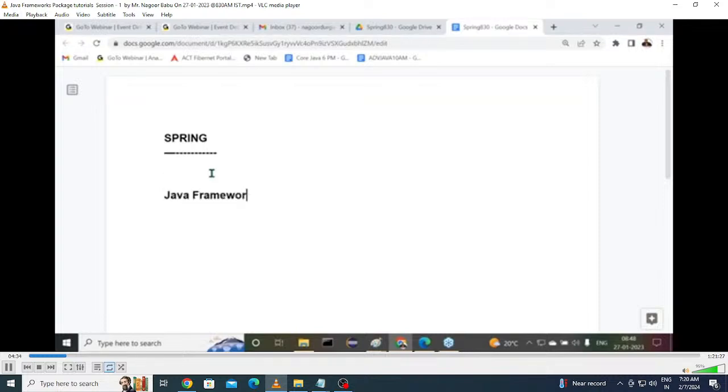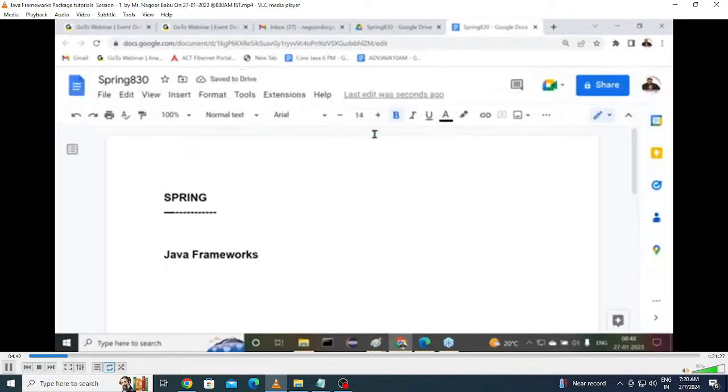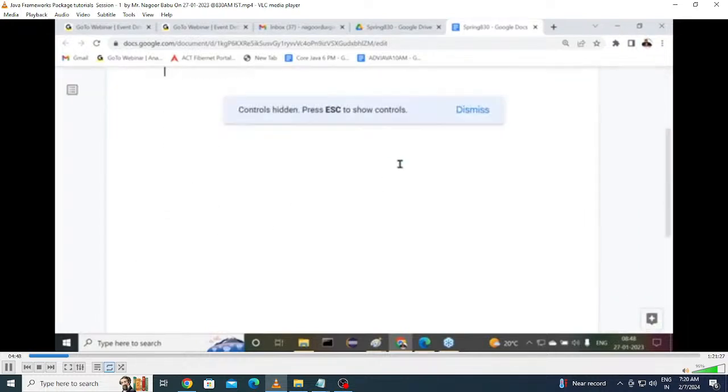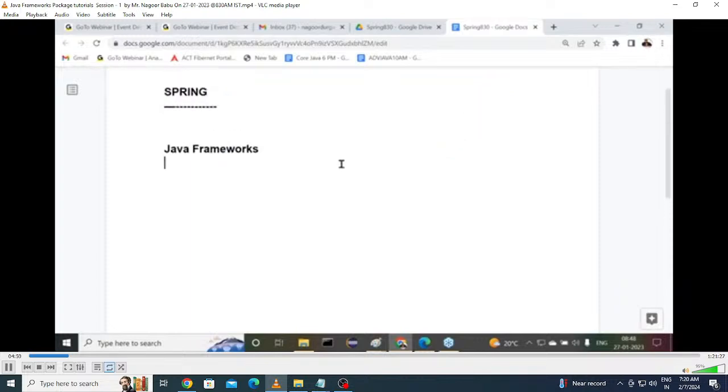In Java frameworks, what exactly is the content we are including there? Observe carefully. In Java frameworks, the topics will be a few topics like these. One minute. The topics will be like what?